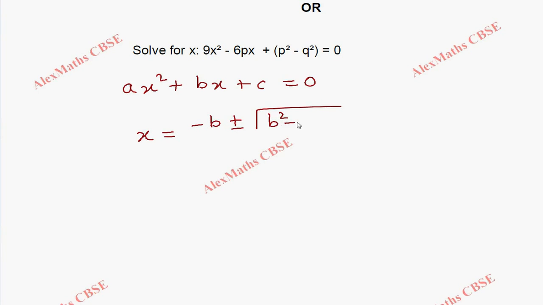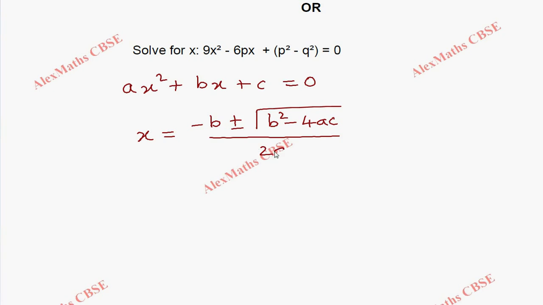Next one, coming to the OR question. The question is, solve for x. They have given a quadratic expression 9x square minus 6px plus p square minus q square. So the general form of the quadratic equation is ax square plus bx plus c equal to 0, and the formula for solving this is x is minus b plus or minus root of b square minus 4ac whole divided